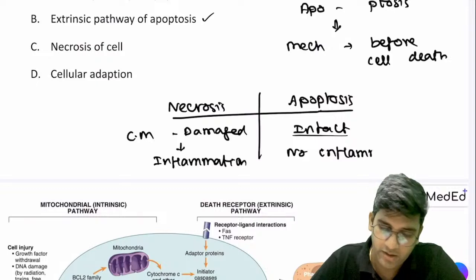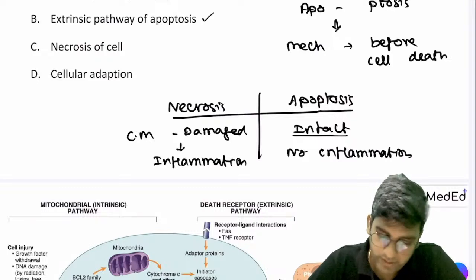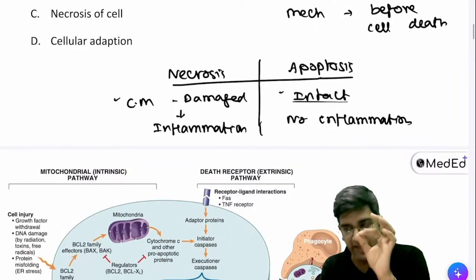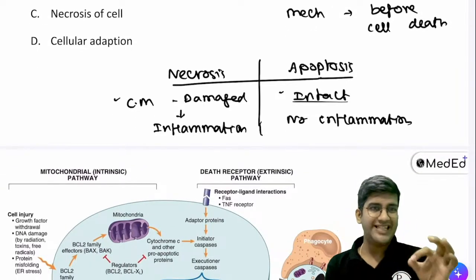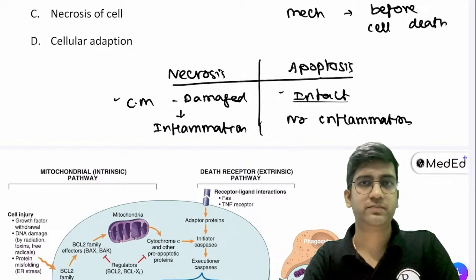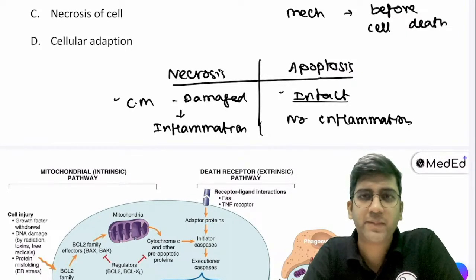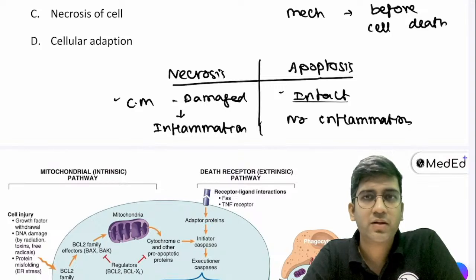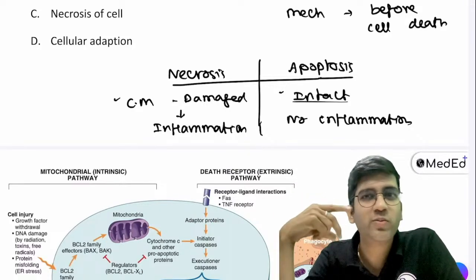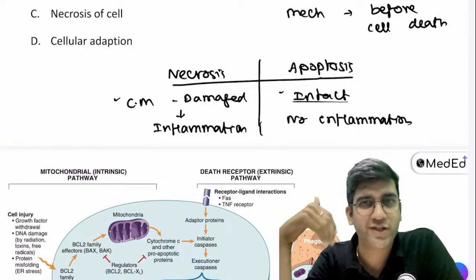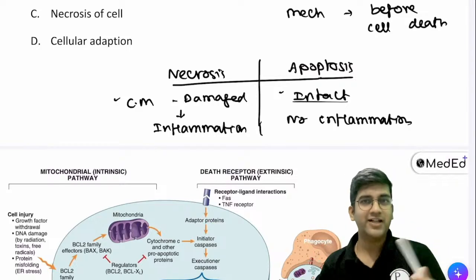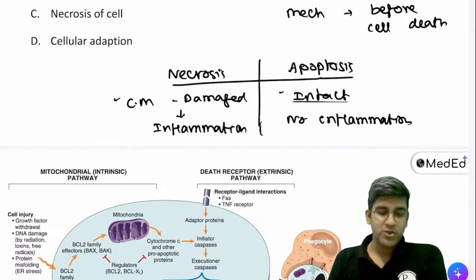Okay. Right? We just need to remember this. We can extrapolate many things from that, right? If I'm having inflammation in a process of cell death, will the patient have pain? Will there be pain or no pain? Undoubtedly pain will be there, because one of the classical hallmarks of inflammation is rubor, calor, tumor, dolor, and loss of function, right? Dolor means pain. Your Dolo 650 name came from dolor, right? Dolor means pain. So patient will have pain.